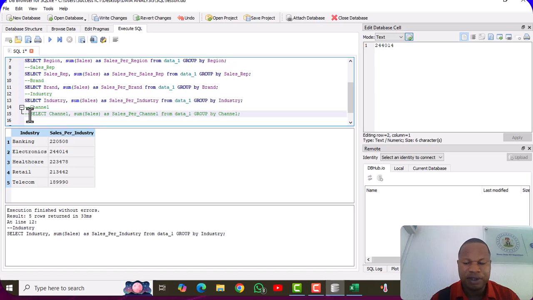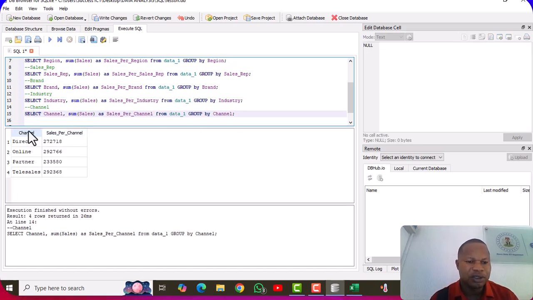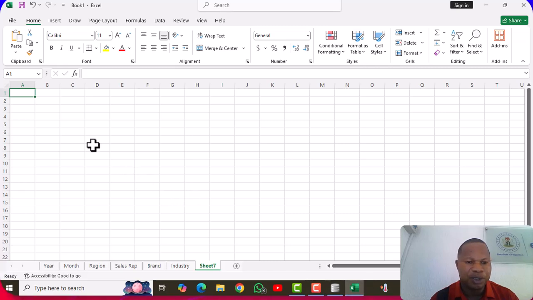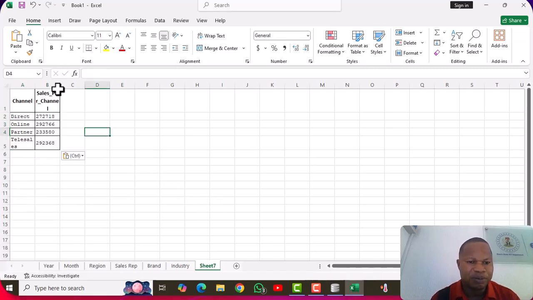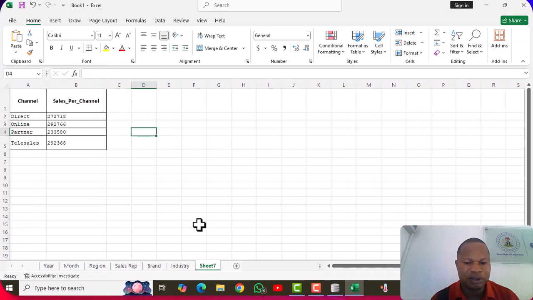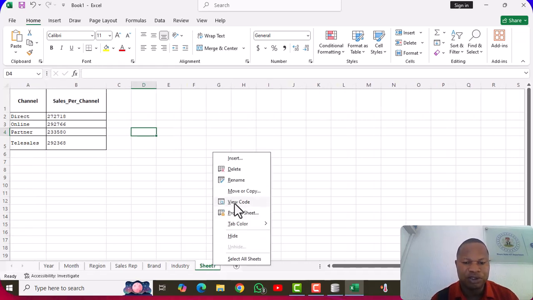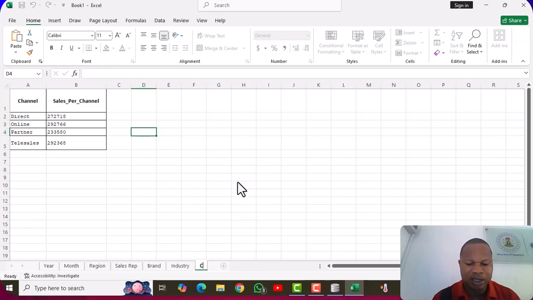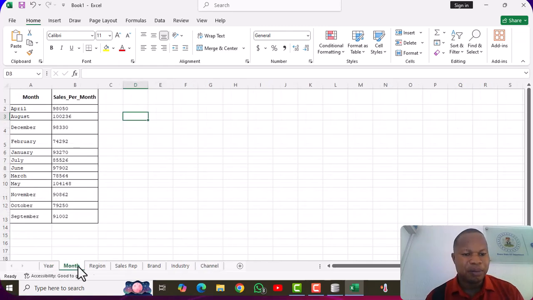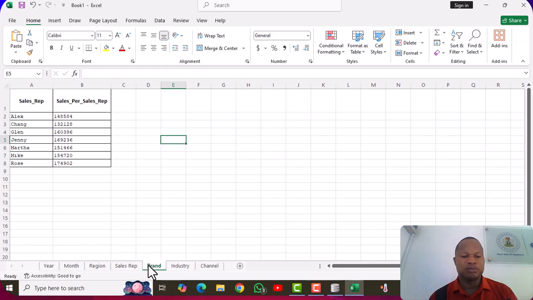Then the last one is sales by channel. You run it. Then you select the charges, click on it and copy with header. Come and paste it here for sales by channel, which we have done. Then right click on it and change it to channel. That is all. Now you can see that our data has been summarized by year, month, region, sales rep, brand,